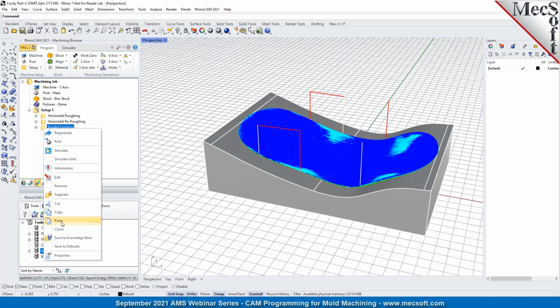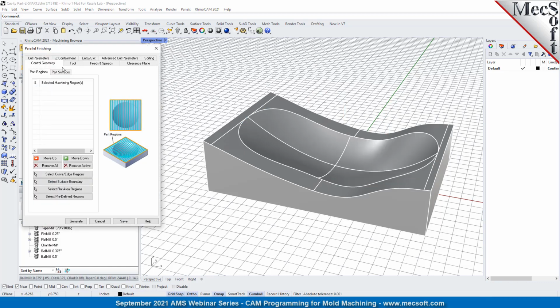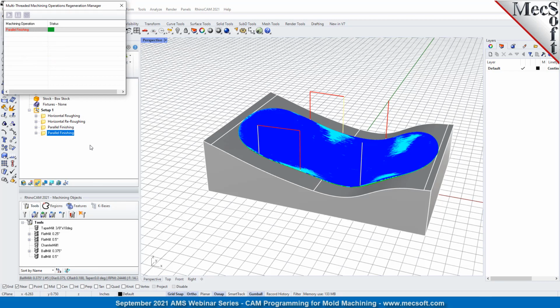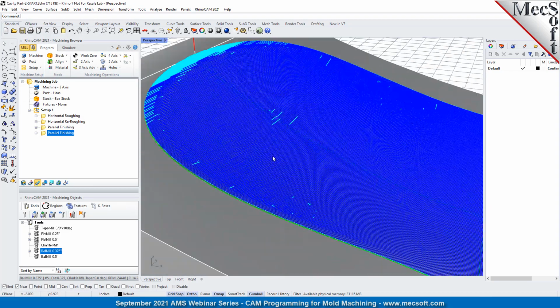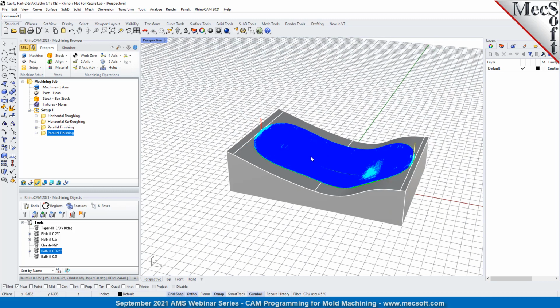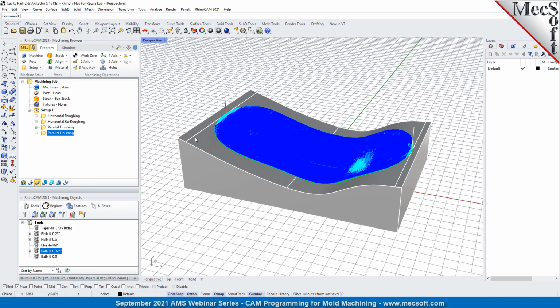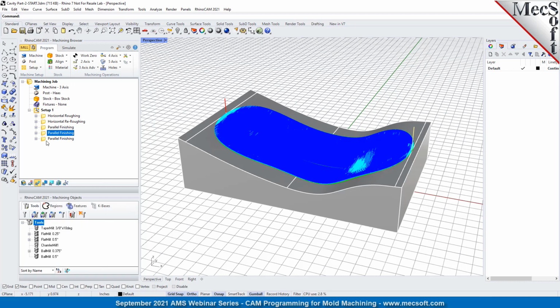We're going to clone that, and we're going to use it again, and we're going to change our cut direction to 90 degrees. So it'll be right angles to the first one. And here's our toolpath in the Y direction. Now what we're going to do also is we want to program toolpaths for the parting surface themselves. We'll make a copy or clone a copy of the last parallel finishing operation. We're going to edit it,